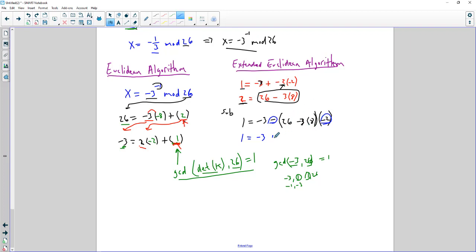So it's going to be plus 26 times 2, right? And then 2 times this is going to be minus 3, so it's 2 times 8 is what I'm saying. 2 times 8, which is actually 16. Why am I saying 2 times 8? Because this has gotten multiplied by this first. Negative 2 times negative is positive 2, so positive 2 times 8 is 16, and this is what I have,